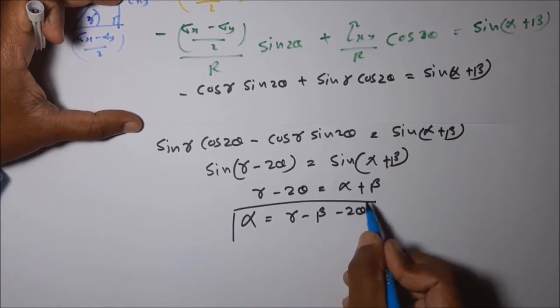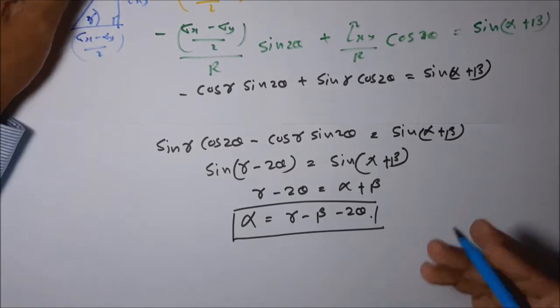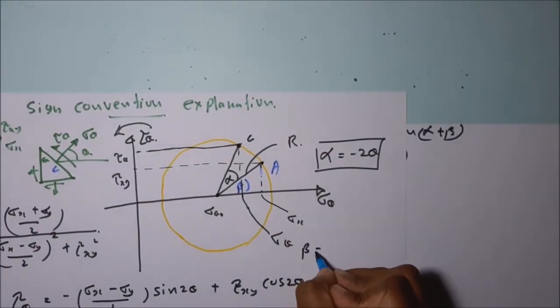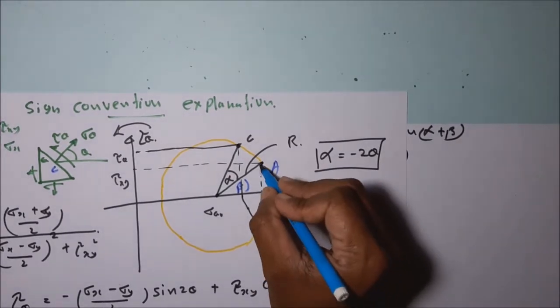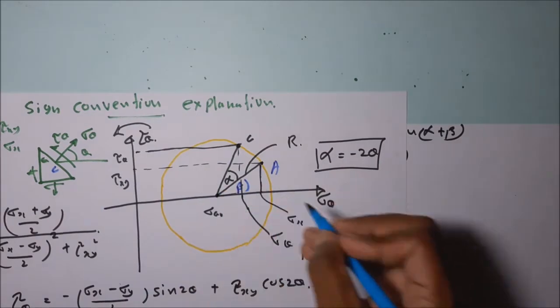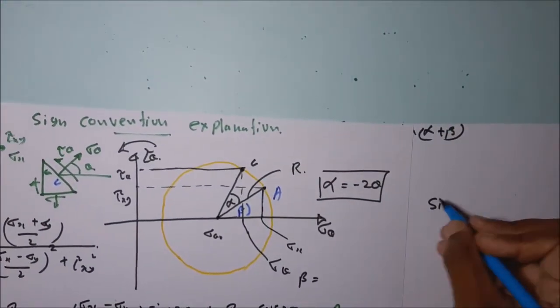What is the value we are getting? This one. Then what is beta? From this equation, what is beta? From this triangle, what is beta? The sine beta is equal to, from this triangle,